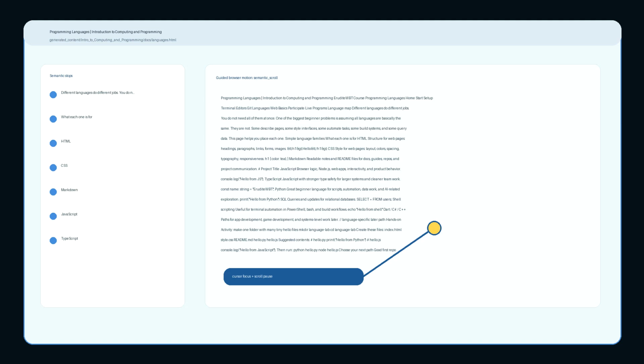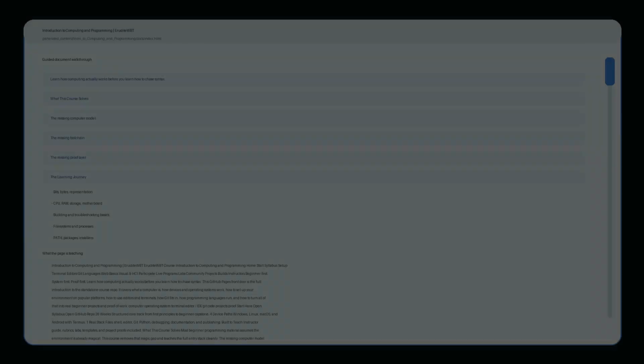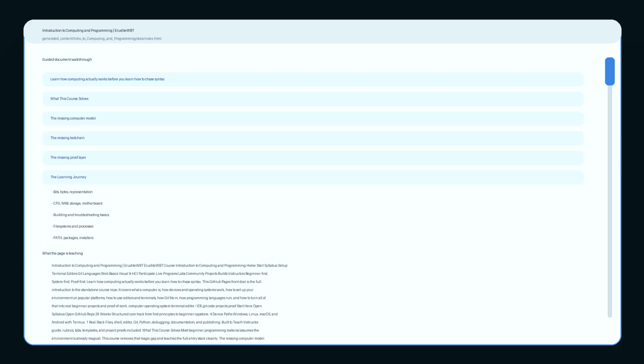Those pages already give us a teaching order: learn how computing actually works before you learn how to chase syntax, what this course solves, the missing computer model. The idea worth carrying forward from this scene is that the first stack is not just code,